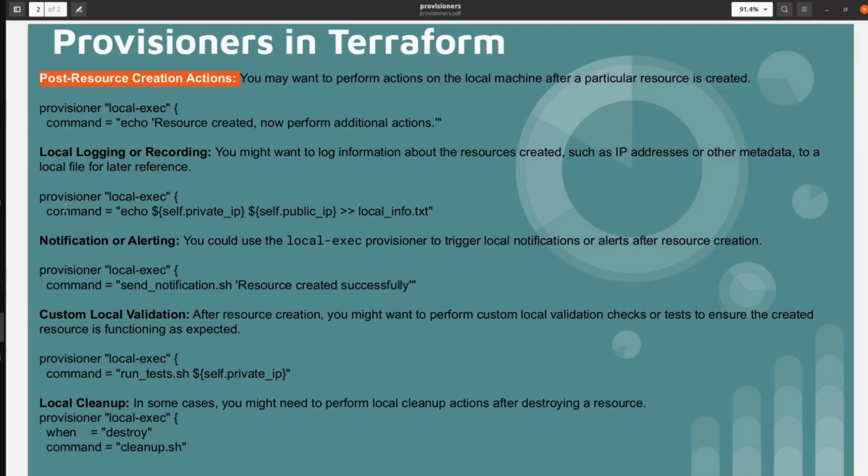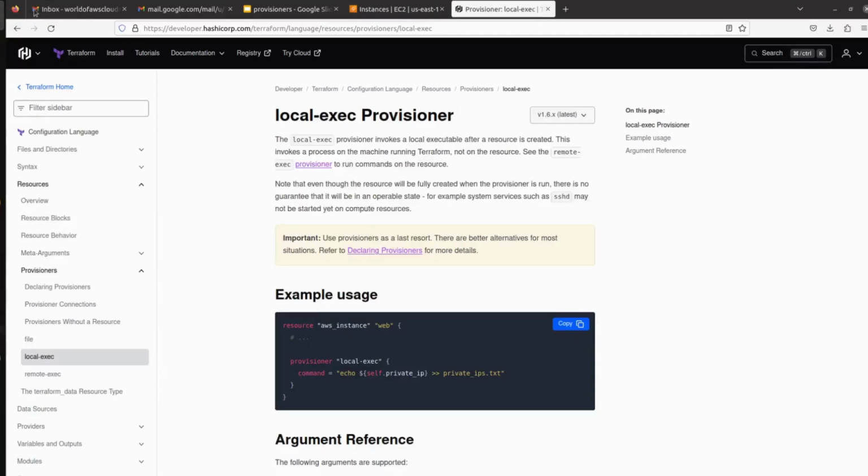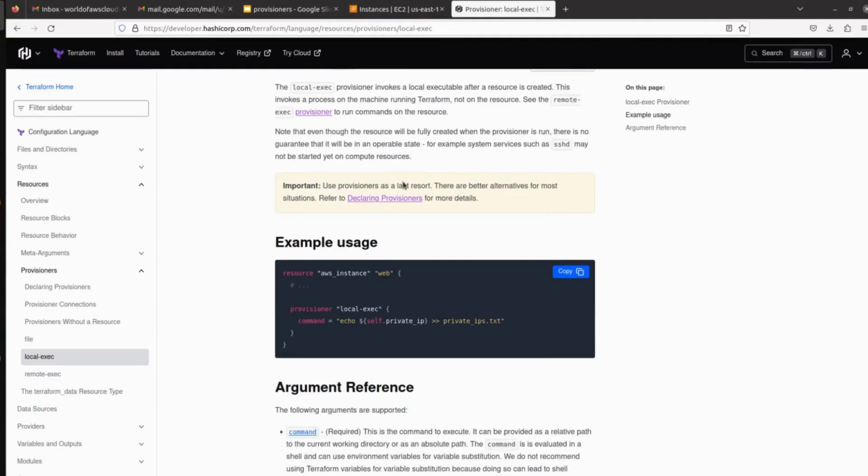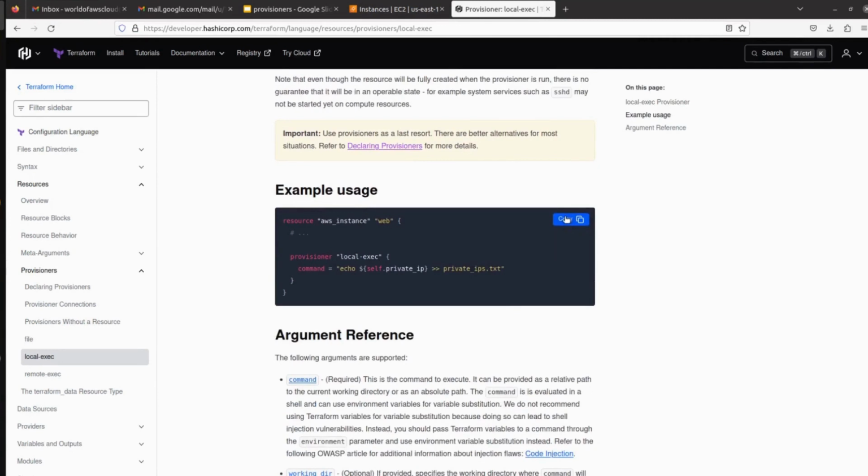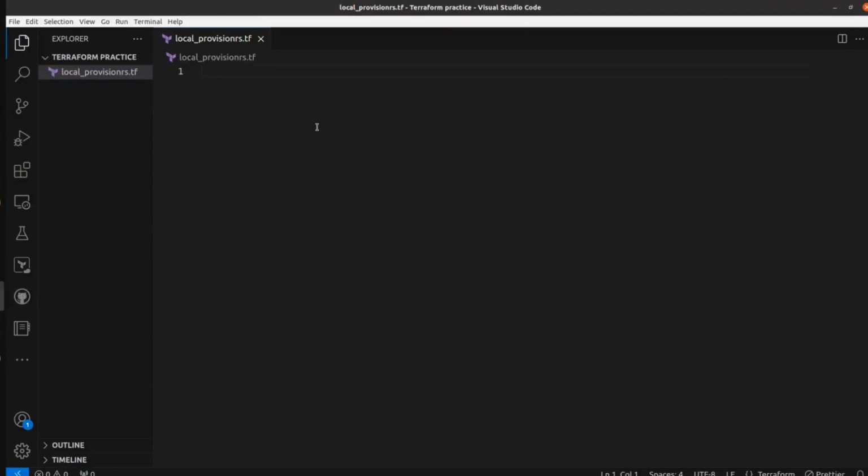Let's go back to the Terraform documentation. We just have to copy this, and go here, and first let me use the provider section.